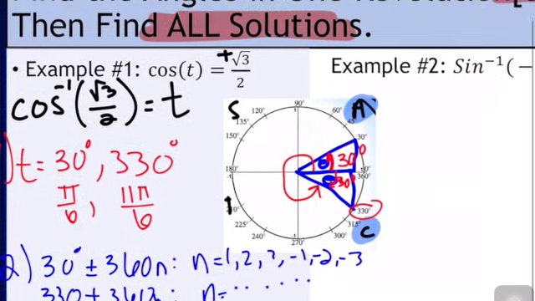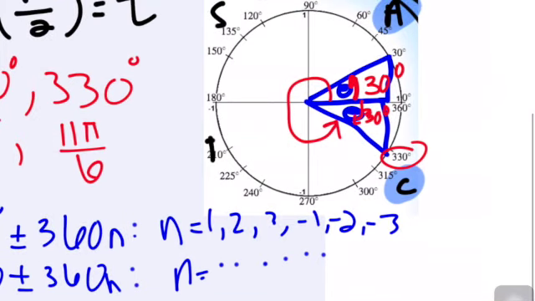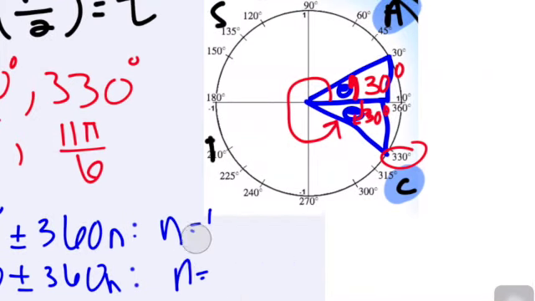So I'm kind of running out of space here. Let's erase some of these. Let's erase these values right here, right? n is going to be the same for both. So